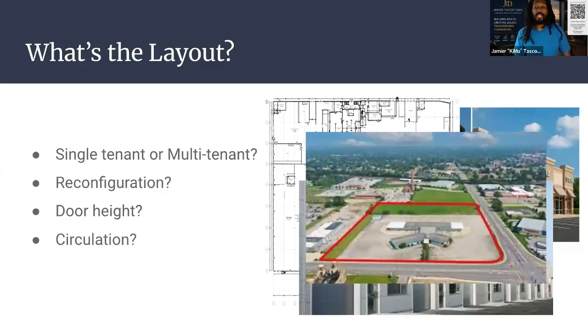Think about circulation like your blood. If you have a clogged artery, your blood's not circulating properly. It's the same thing with industrial properties. If trucks cannot easily access the property, that could create a problem. And as I spoke about later with location, because once again, all of these aspects tie into each other. It's all interconnected.